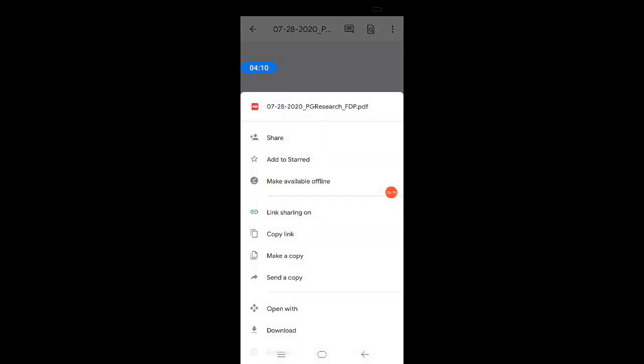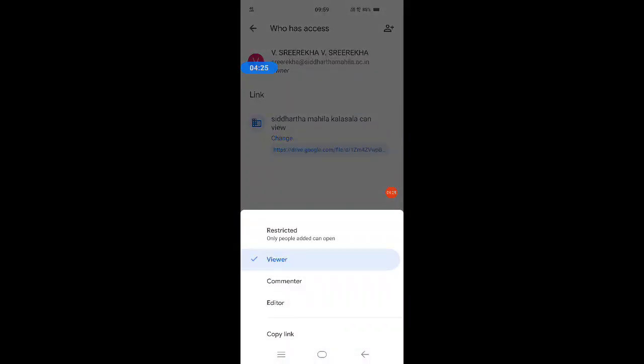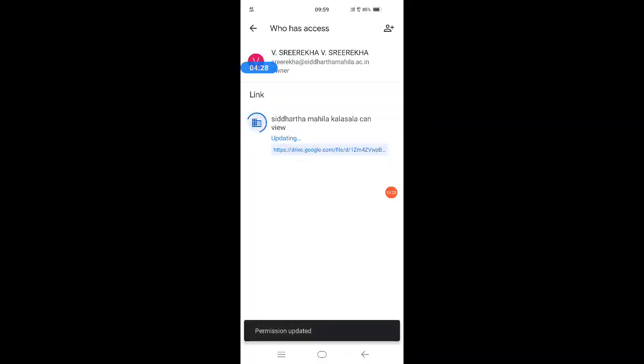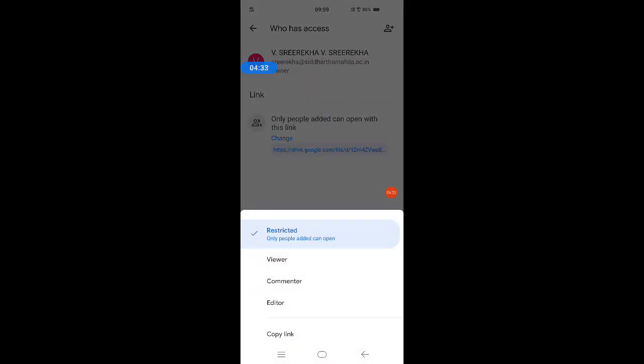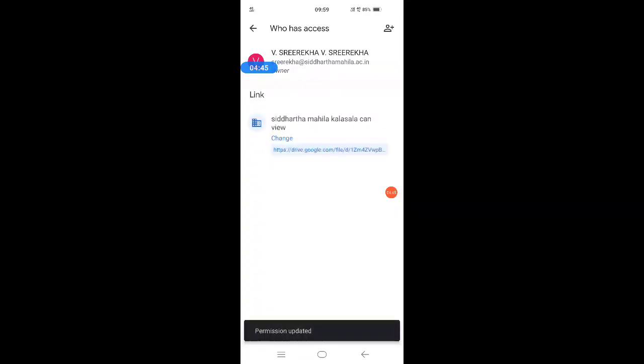Click on the three icons in the top right corner, click on share. You will find the option here as restricted, only people added can open. When you are about to share the file, you need to click on viewer. Then it will update the file.